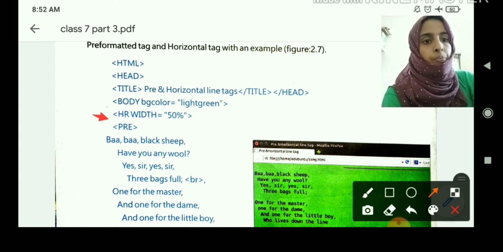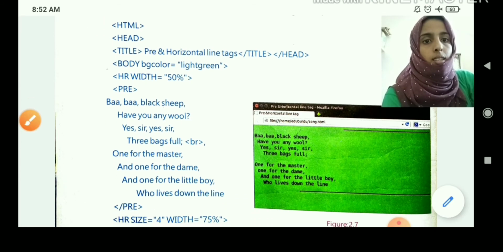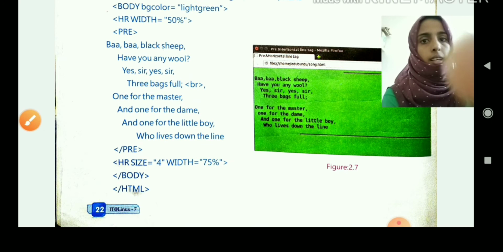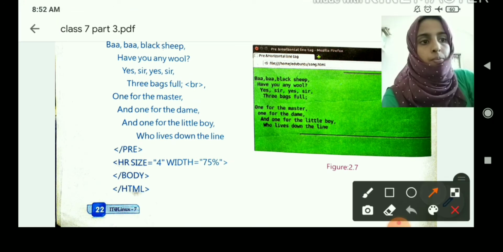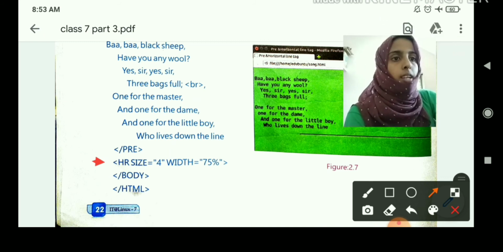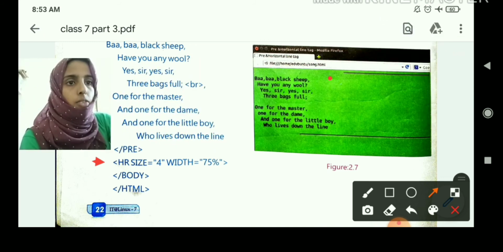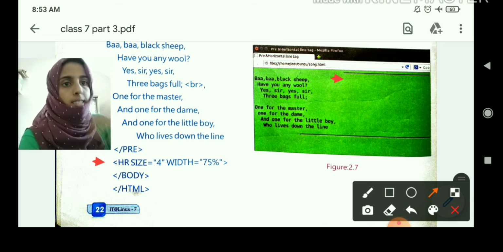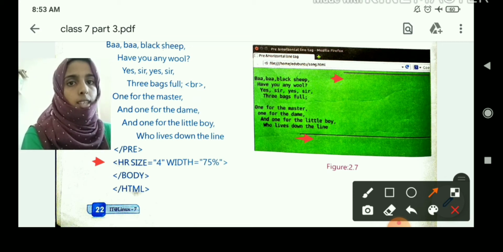Then another example is here HR size equal to 4 and width equal to 75 percentage. Okay, then you can see the output. This is the first horizontal line with width 50 percentage, and this is the second horizontal line with size 4 and width 75 percentage. Okay.